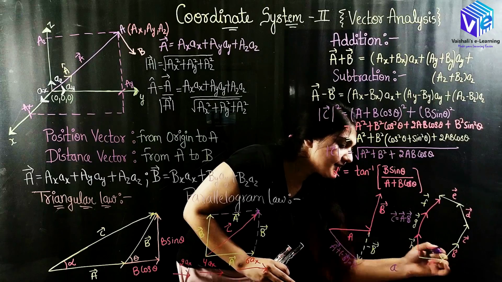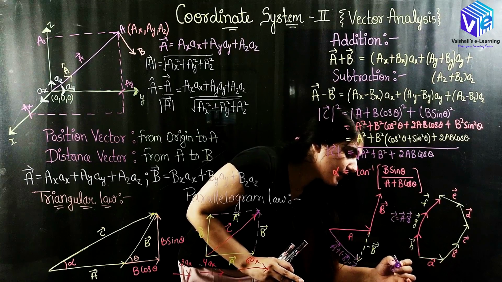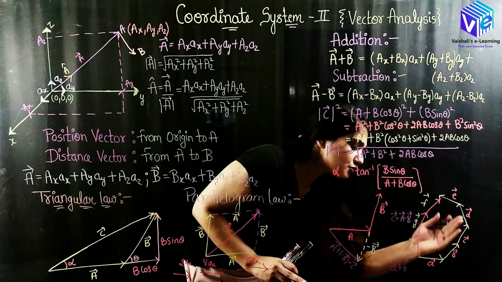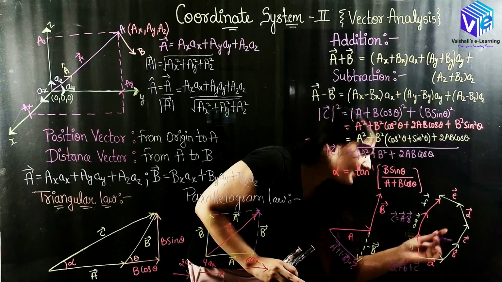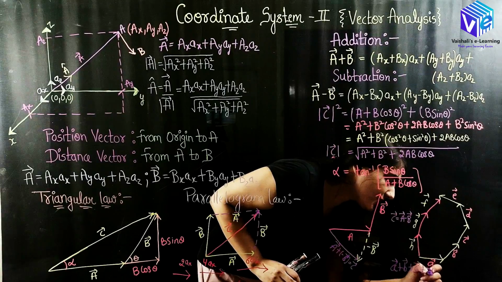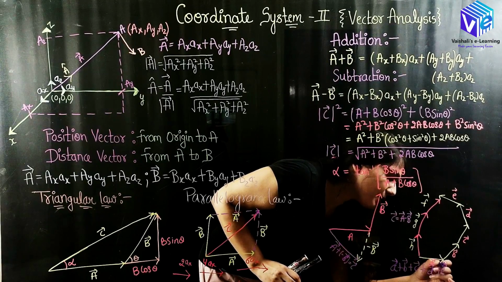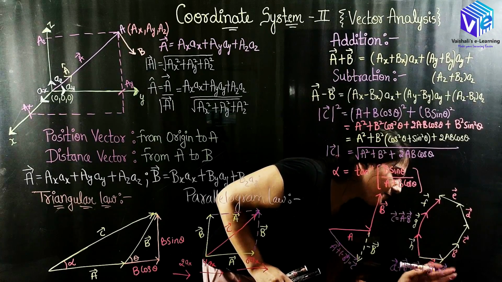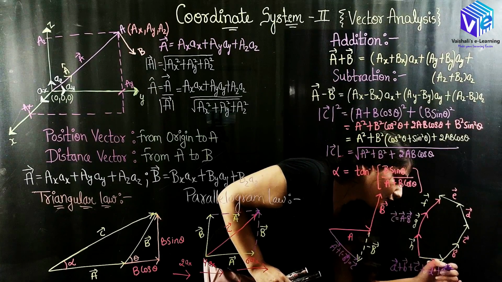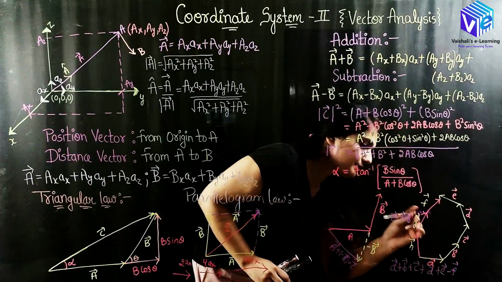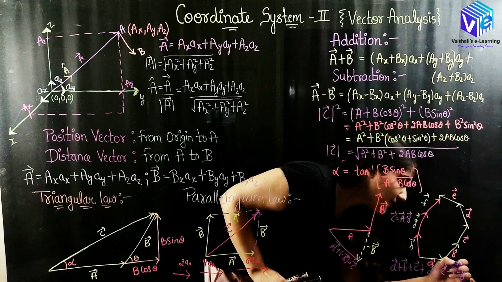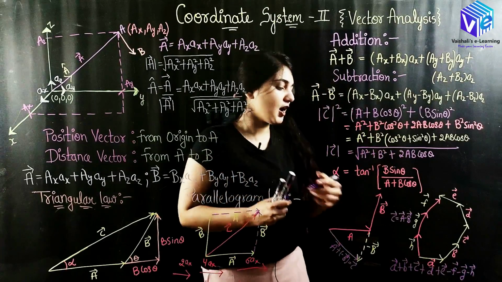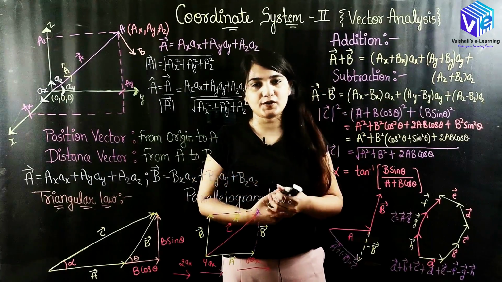I have taken this direction to be positive. So A vector is in the positive direction. B vector is also in the positive direction. It is in the same direction. C vector is also in the same direction. I will be adding C. D is also in the same direction. You can see E is also in the same direction. But if I talk about F, F is in the reverse direction. So here I will be doing the vector subtraction. I will be having minus F vector. G is also in the reverse direction, minus G vector, and minus H vector as well. So this is how I can find out the resultant of more than two vectors.